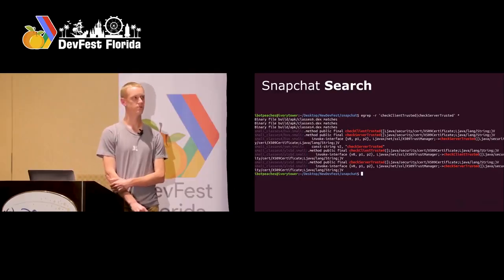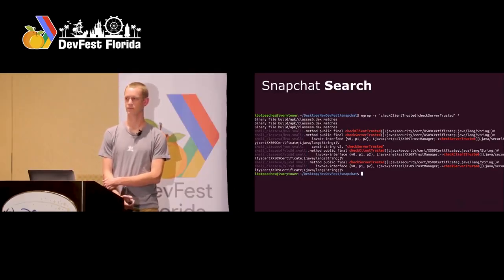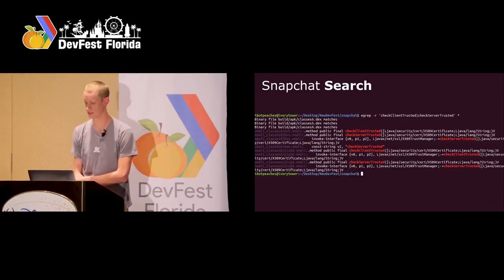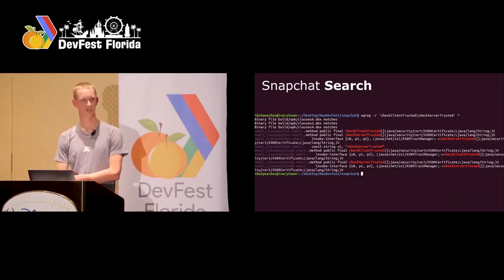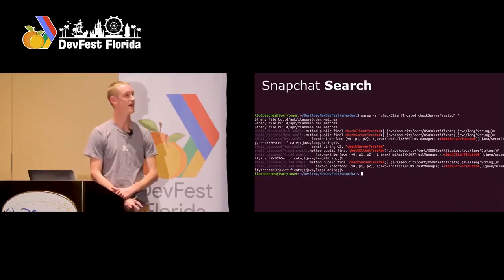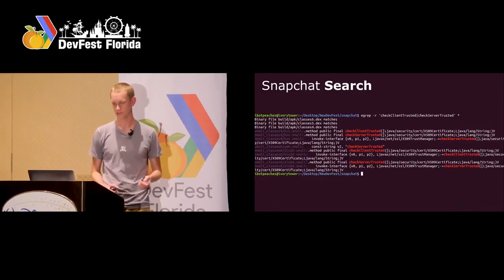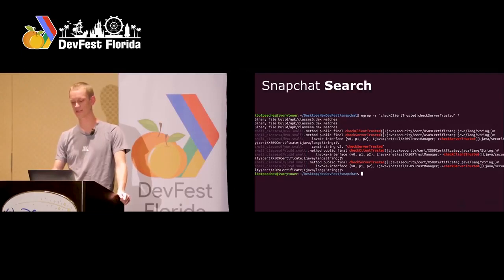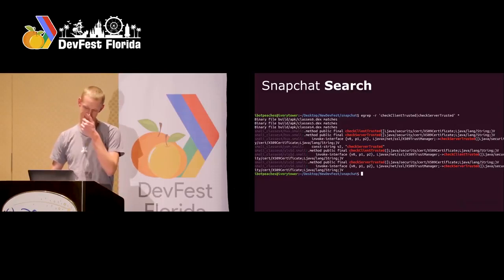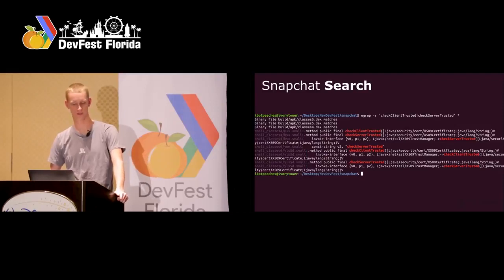So my next idea was, hey, I want to figure out how I can man-in-the-middle attack this. What can I do? The more you work with Java, the more you just have things memorized of how you handle things like this. And I know that X509 certificate is the standard for public keys. So all I did was check the two methods that I know this interface has, which are checkClientTrusted and checkServerTrusted. And I did this in my decoded Snapchat folder, which is what I used Apktool for